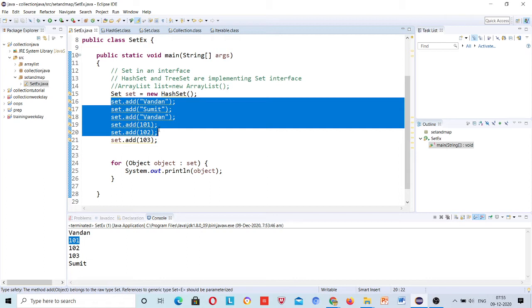What does it mean? It means that set cannot store duplicate values. You need to note these points, right? Because if an interviewer asks what is the difference between list and set, then you need to answer with these points, right? A set does not follow the insertion order, and set does not store duplicate values.